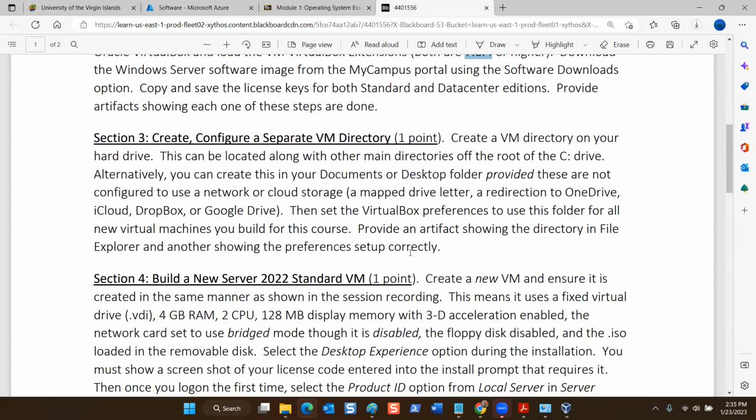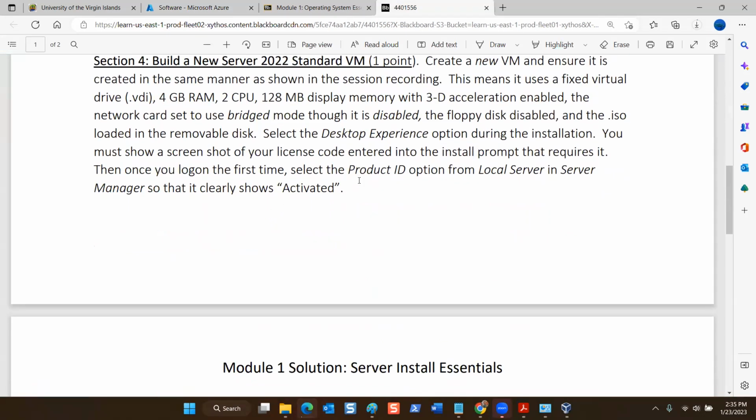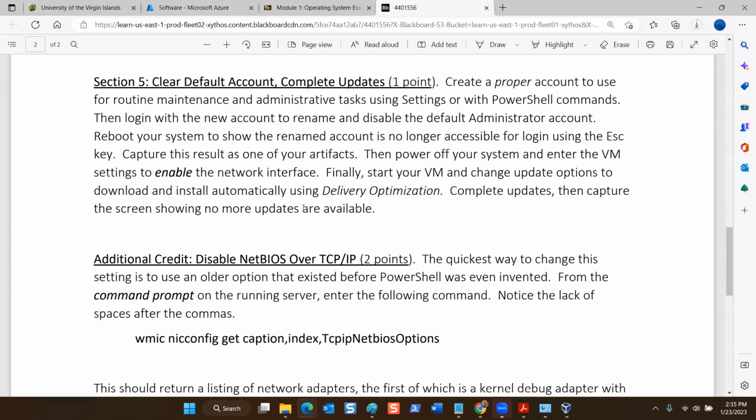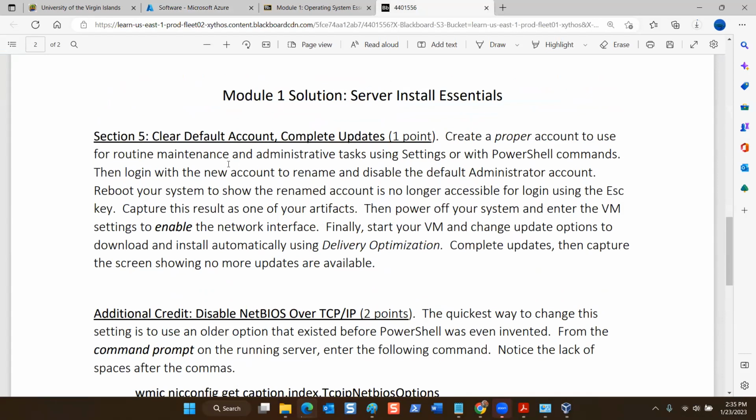But essentially what you'll do is go ahead and create this virtual machine, and then use your key to activate it. And you'll have a standard Windows 2022 server running on your laptop. Now, there is a fifth step where you clear the default account and then complete the updates, and that's just a best practice. The default account that's built when you install the media, use the media to install the server,